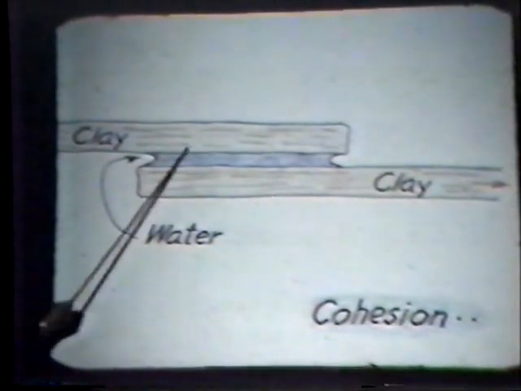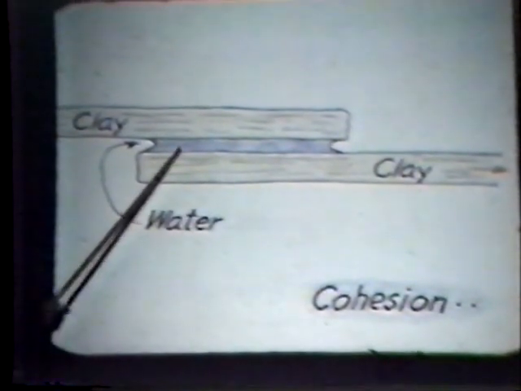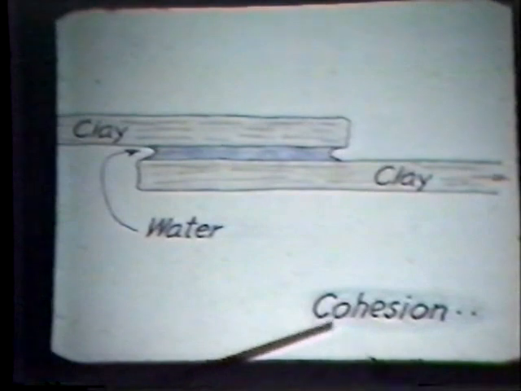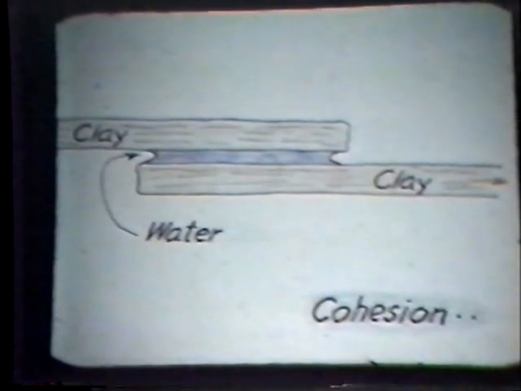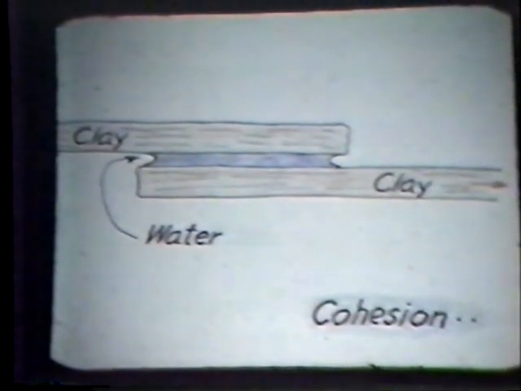The same thing is true here, except imagine that as we add water, it provides a lubricating film, which changes the cohesion between the particles and makes them weak. And that's why we say that water is the enemy of base course materials. That's why